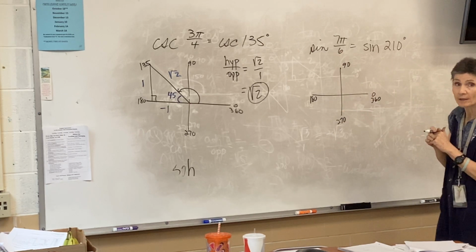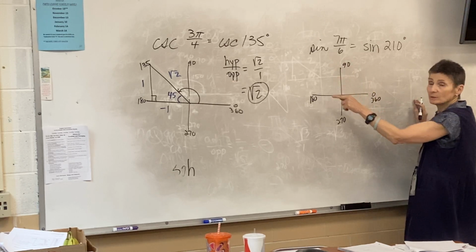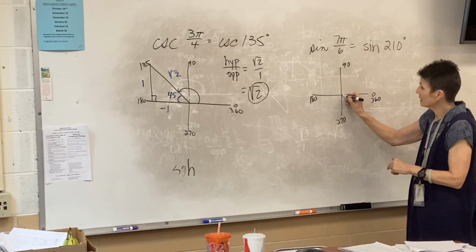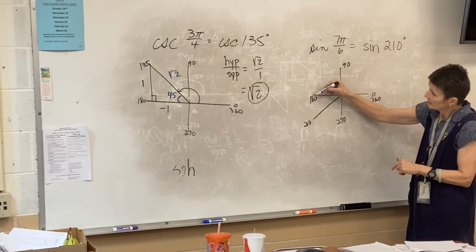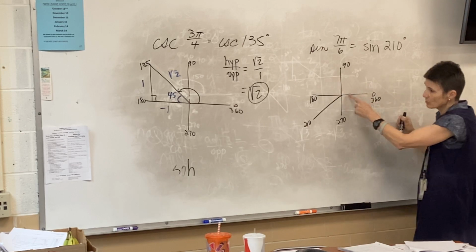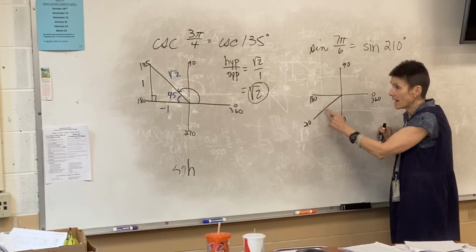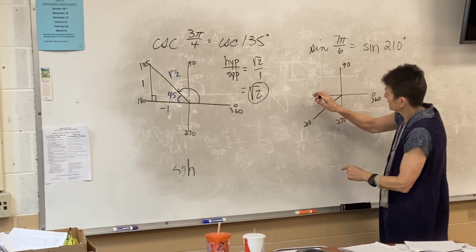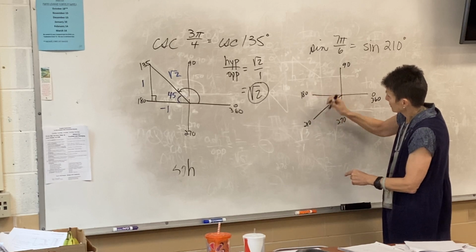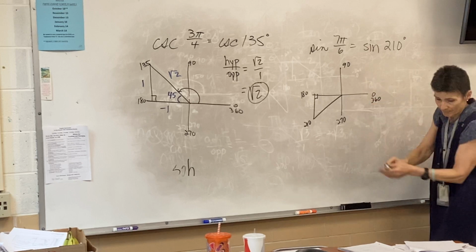We're going to draw 210 degrees, always starting here now, going up and around. So 210 would be down here. Would you agree with that? Here's 180, here's 270, so 210 is going to be somewhere in between. Past 180, before 270. I'm going to drop my perpendicular straight up to the x-axis, and this